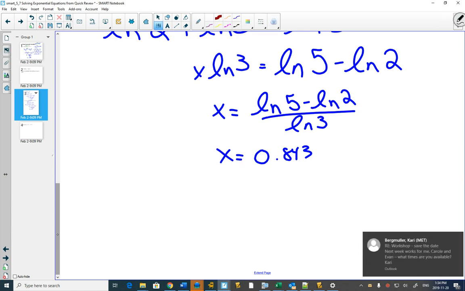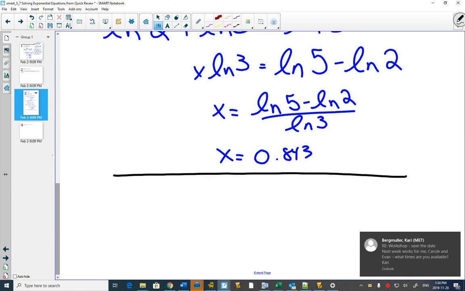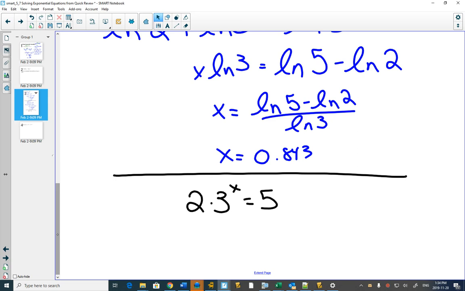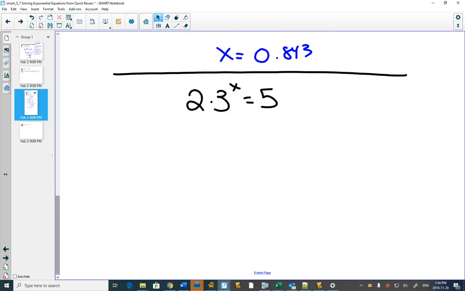One more time I'm going to solve this. Okay, here's the original question, and before I take the log of both sides, I'm going to use some of my previous algebra skills. Can you see that I could get the exponent all by itself? What would I have to do to get the 3 to the x all by itself? Divide by 2. Okay? What you do to one side of the equation, you do to the other side of the equation. So if I divide both sides by 2,